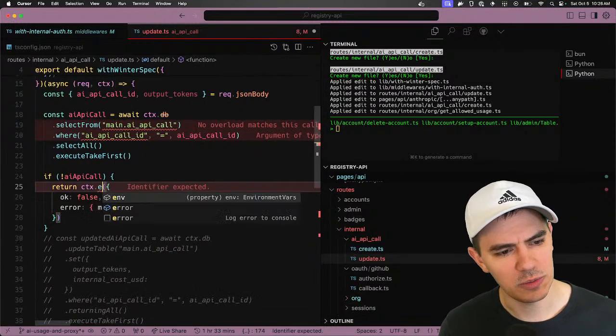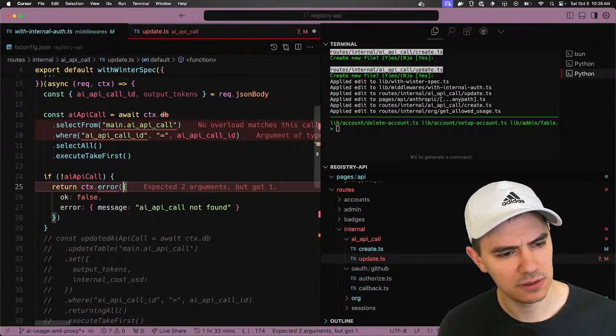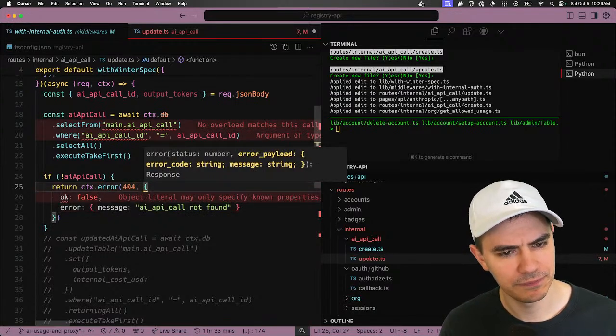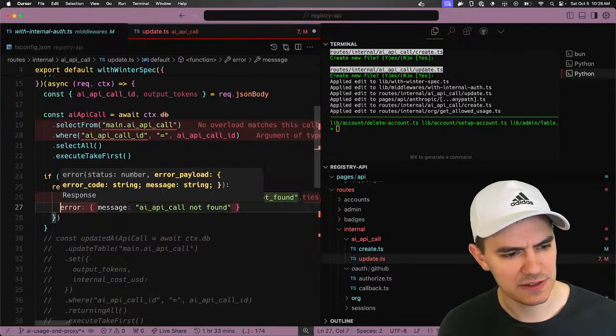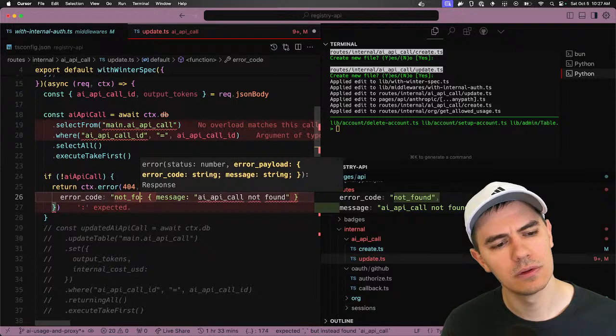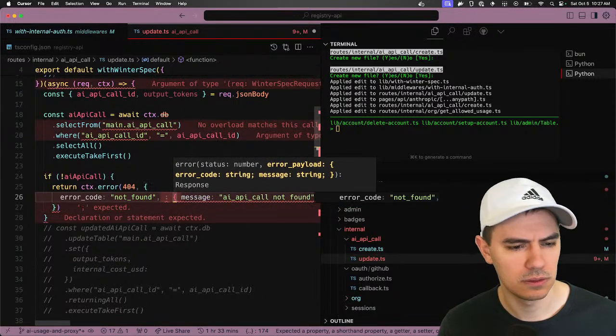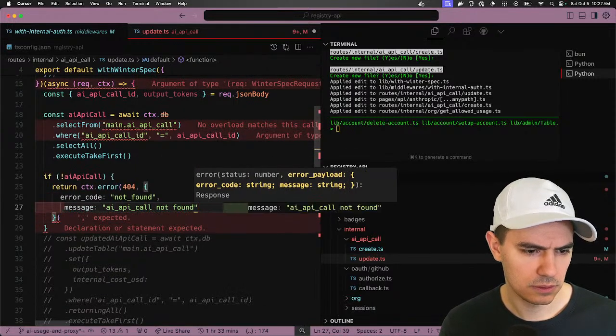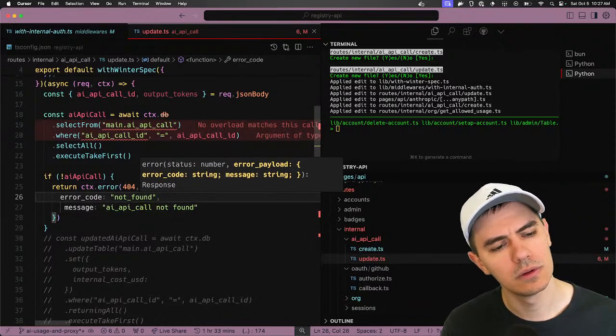I think we have a helper for this, ctx.error. Yeah. Error code message, cool. Okay.